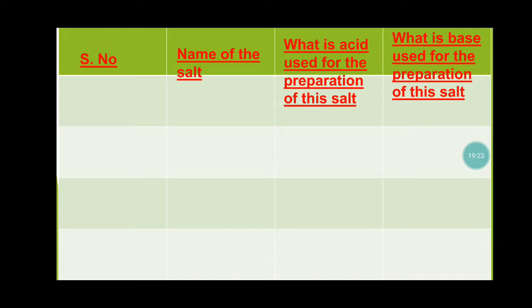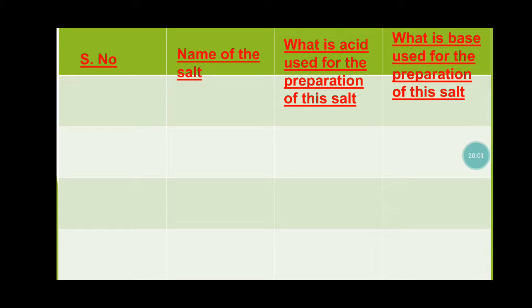In home or a classroom laboratory? Yes, you are right. We are mixing sodium hydroxide solution with dilute hydrochloric acid solution. We are getting sodium chloride. What is the acid involved in this reaction? Yes, it is hydrochloric acid, that is HCl. What is the base involved in this reaction? Yes, it is the sodium hydroxide solution. What is the formula of salt formed in here? Yes, it is NaCl.